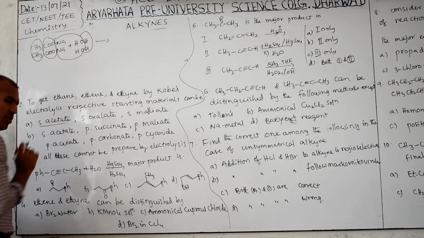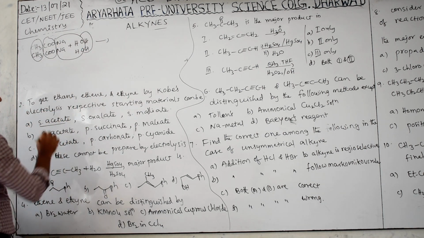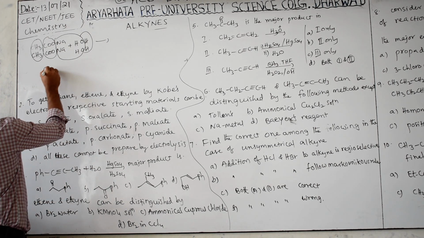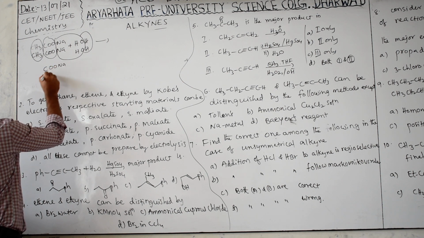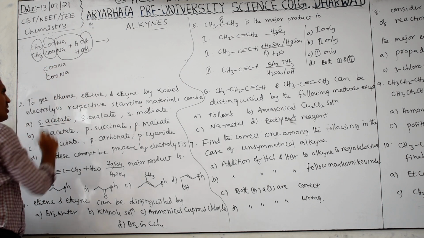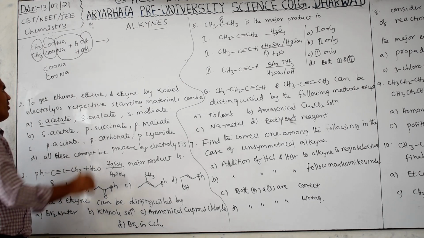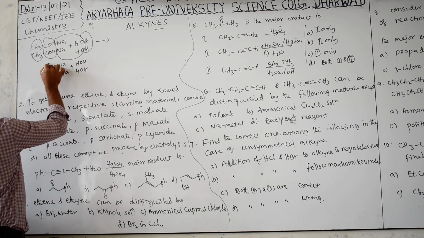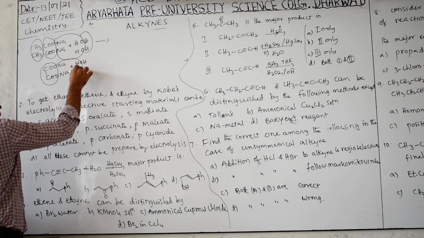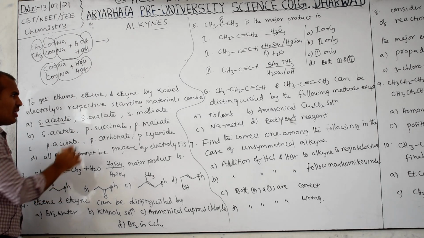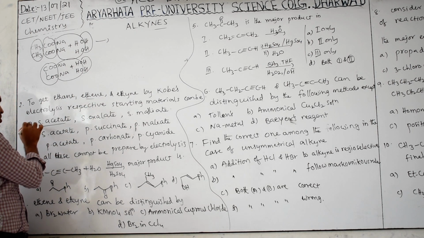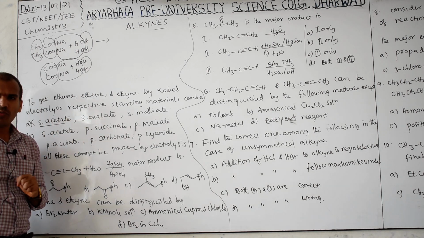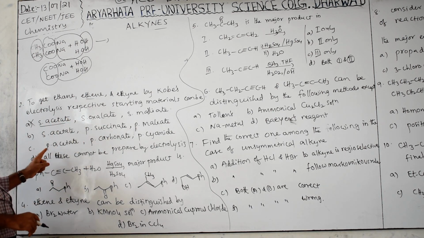So sodium acetate, okay. Then go for oxalate. Oxalic acid, you know, H2C2O4. So this is COO-Na, COO-Na. This is sodium oxalate. If you do electrolysis, what happens? CO2 is eliminated, NaOH is formed, H2 is eliminated. Then ethene is not possible. Therefore the first option is wrong. Only one is possible, but we want all of the respective ones. So it is not there. Go for the second one.